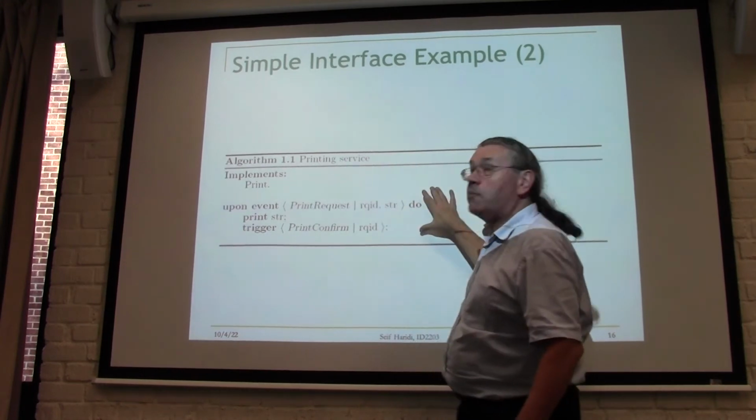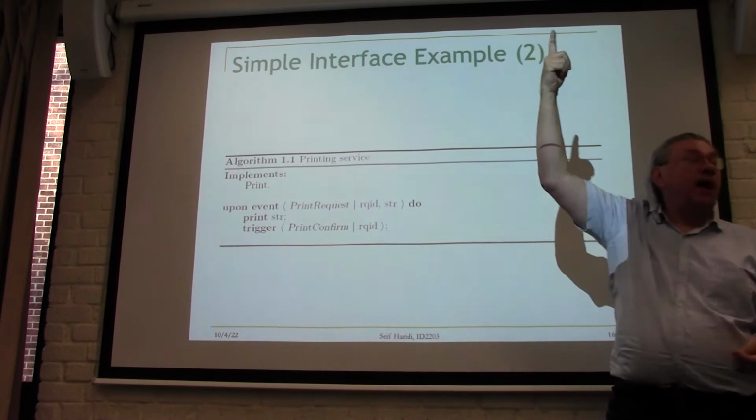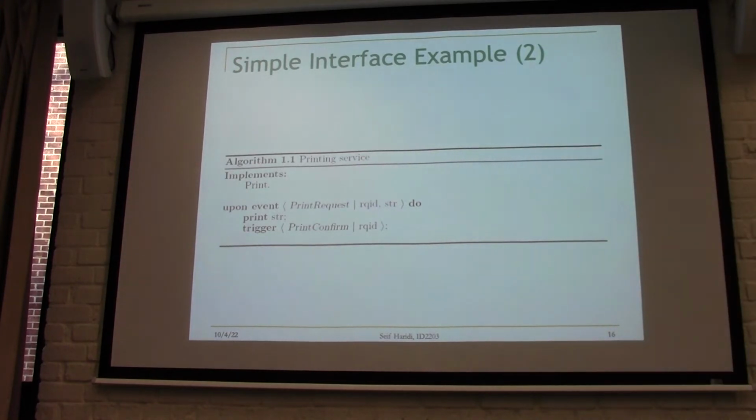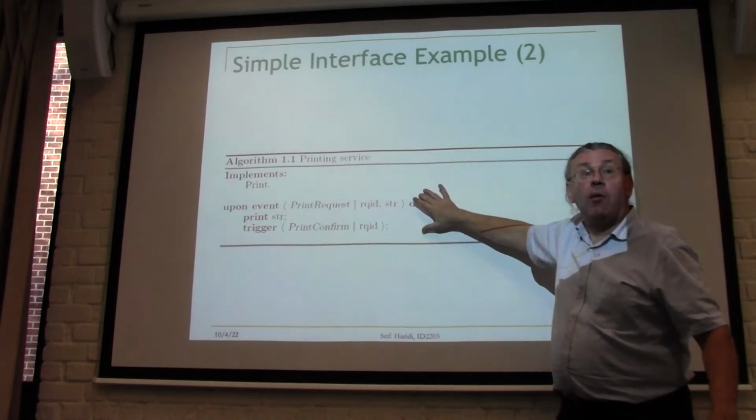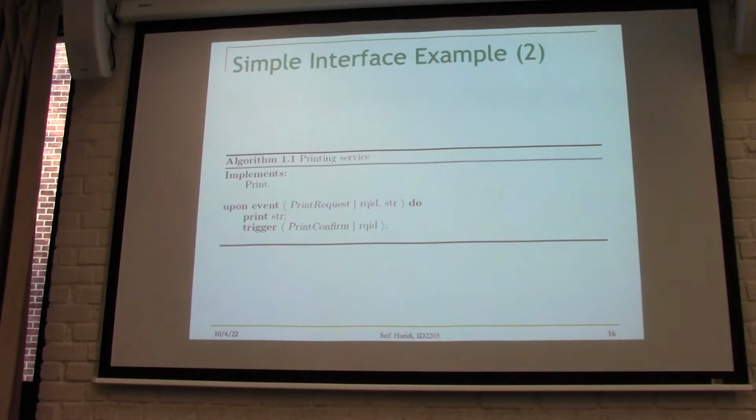You see? This is a very simple implementation. It receives the print request and sends back the print confirm, right? It's a very simple example, just to show you there's nothing really magic or complicated here. Okay, now let me do a